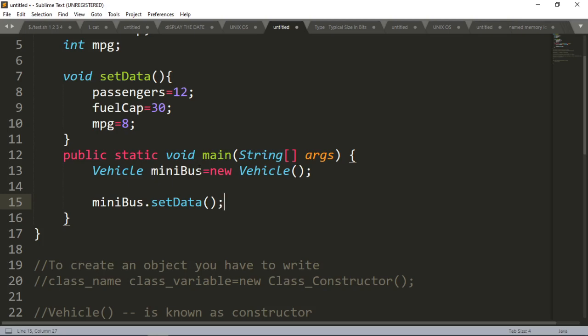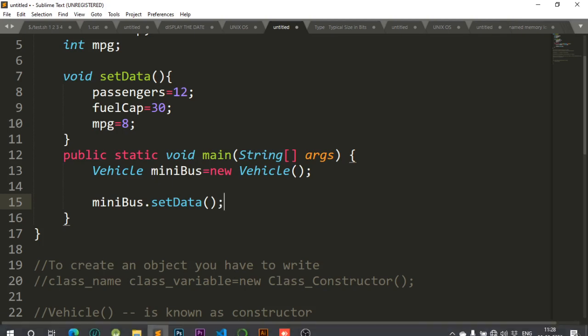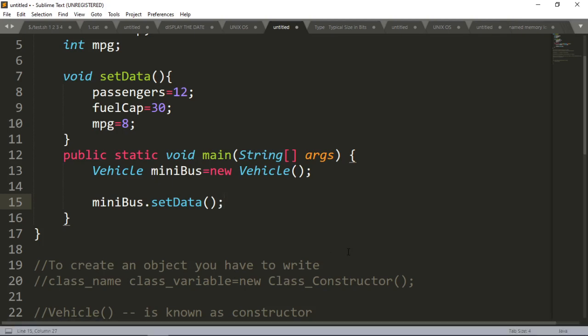You can say that the dot operator links the name of an object with the name of a member.